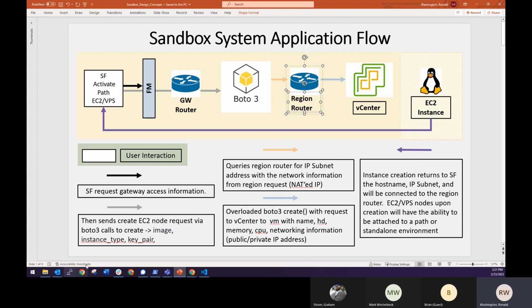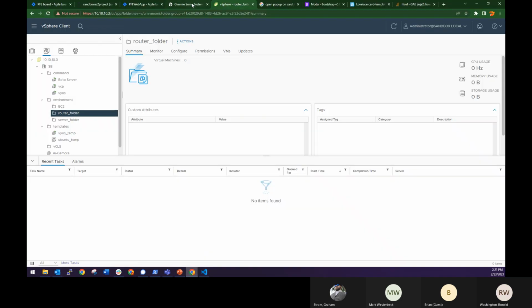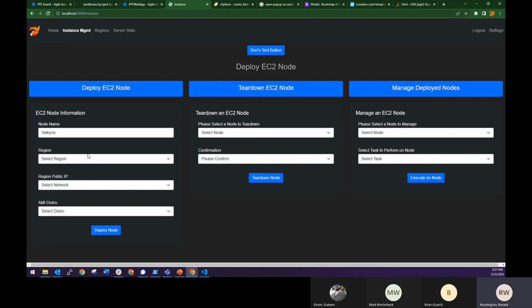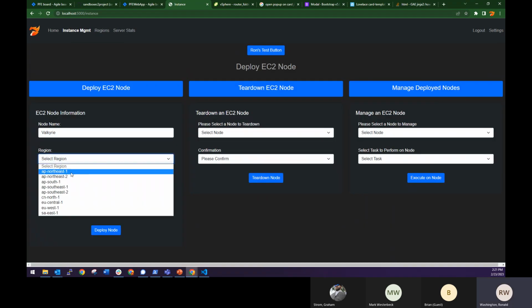So there would be however many regions that we have. AP Northeast 1 and 2 would have their own, right? Obviously. All of these would have a folder. So it'd be this many region router folders. And I guess I'm just thinking,